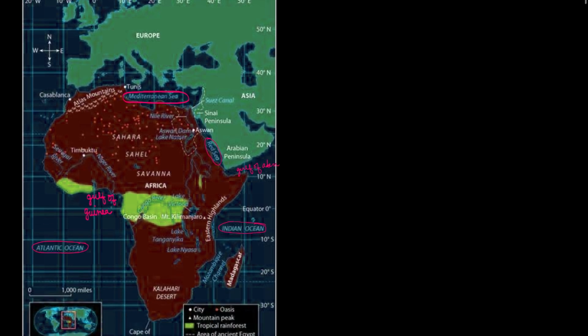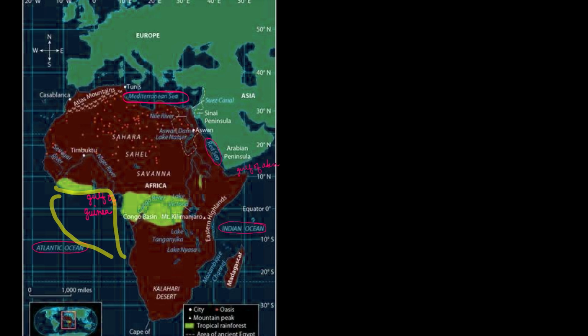So the important seas surrounding Africa, this is the African continent like this, and the important seas are first is the Mediterranean Sea, which we have read about in the previous videos, then the Atlantic Ocean, Indian Ocean, and over here is the Red Sea. Red Sea is of utmost economic as well as strategic importance, and it is mostly in the news for the Houthi rebels of Yemen. So, this right over here is the Gulf of Aden,